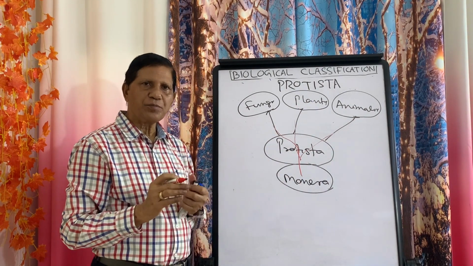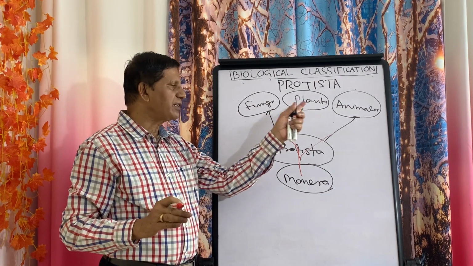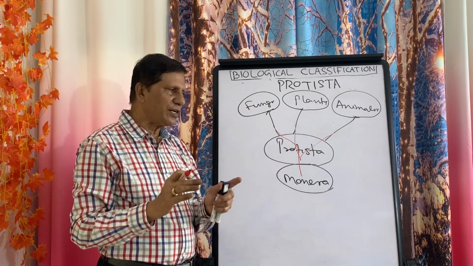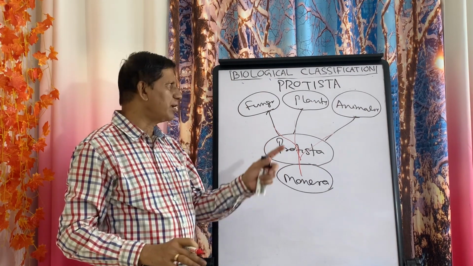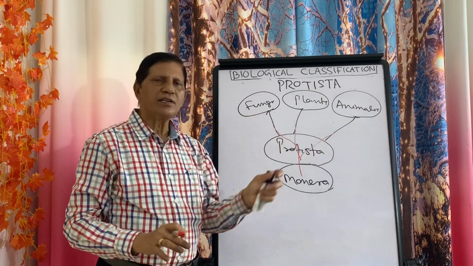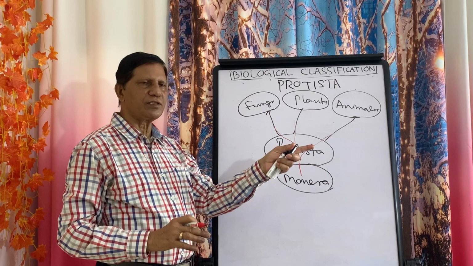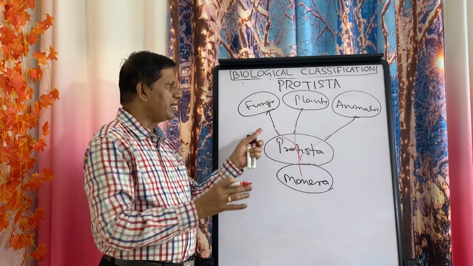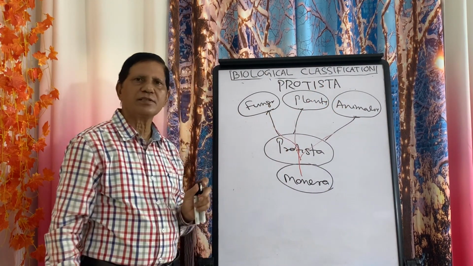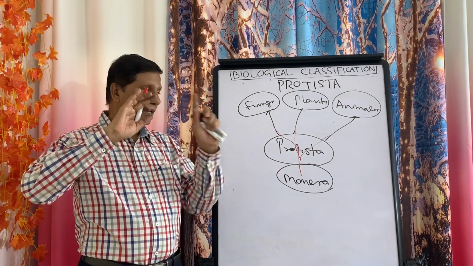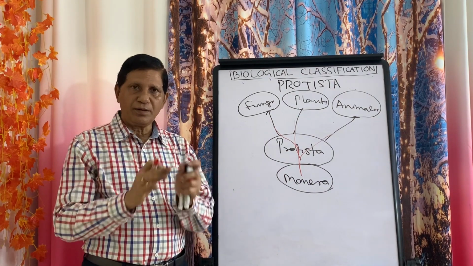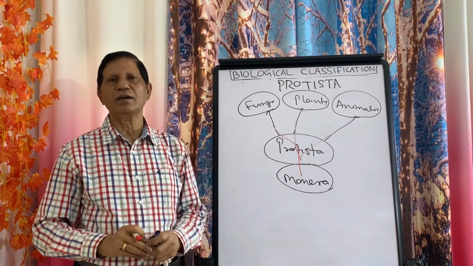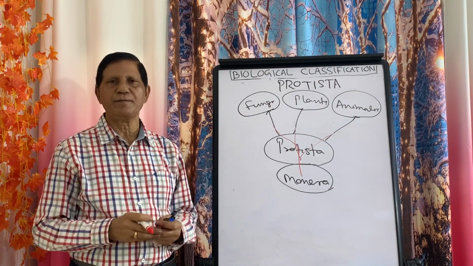Even scientists agree that some of the modern genes present in animals and plants are even present in Protista. They have analyzed. The genes are there. That means the Protista is the ancestor of fungi, plants and animals. It is confirmed. In this way the evolution has taken place. That means the Protista have certain characters with Monera, and side by side they form a link between fungi, plants and animals. And whatever organisms are present in the Protista, they have diverse characters having similarities with all these three kingdoms. That is its unique behavior.